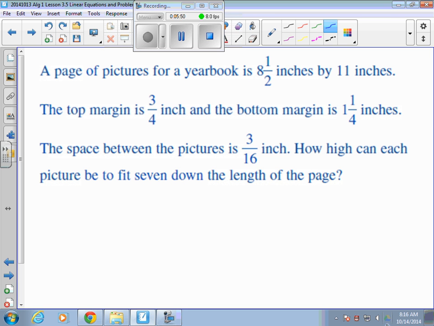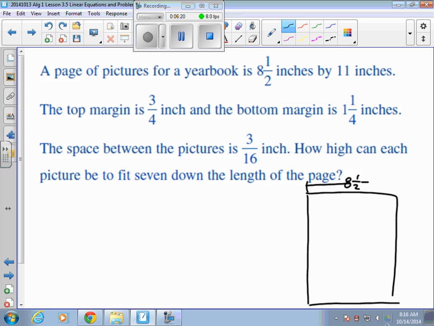Okay, first thing, the directions of this, as I read them a couple of times, you have to kind of make an assumption. You have to make an assumption based on the original description of the page that it's actually going portrait style. It doesn't really tell you that, and not landscape style. Wouldn't make any sense, but I guess some yearbooks were in landscape proportions. It tells you that it's 8.5 by 11, so you have to understand that it's going to be 8.5 across